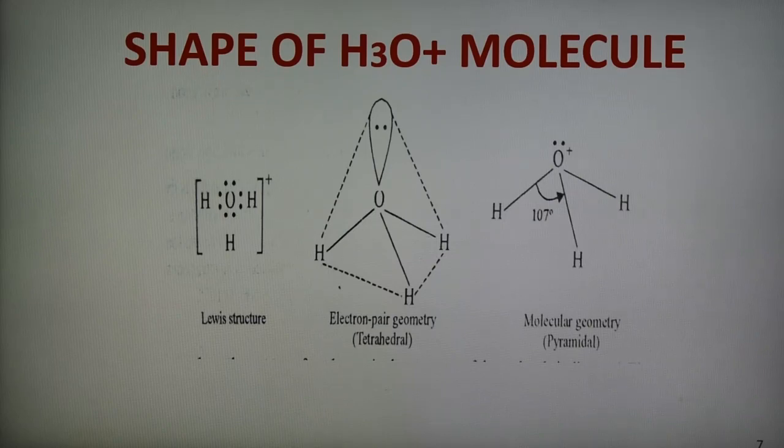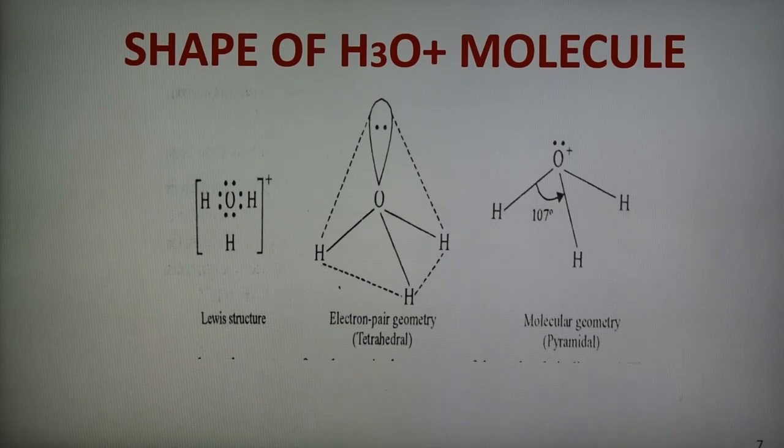the H+ ion. And the Lewis structure of H3O+ ion shows that there are 4 pairs of electrons in the oxygen valence shell, and therefore the electron pair geometry of this is tetrahedral with a bond angle of 109.5 degrees. However, due to the presence of one lone pair, the geometry of the molecule is distorted, and therefore lowering of bond angle is observed, and in this case the bond angle is 107 degrees.